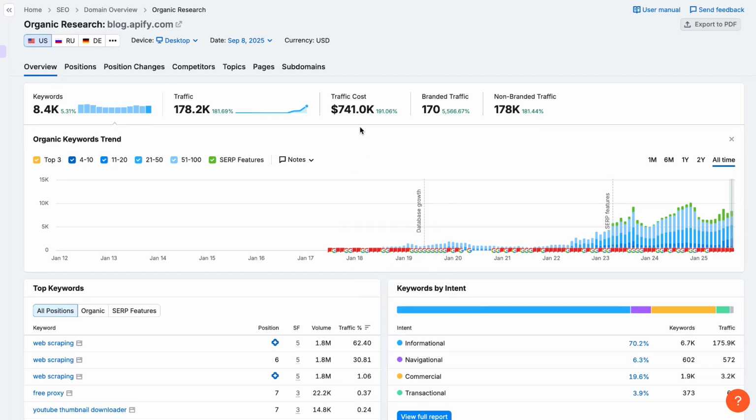Today I just want to show you a very simple way to use Semrush to identify what kind of content to produce, whether it's blog content or video content, short form content, etc. If you want to promote a product. So I am an affiliate of Apify, and what I do is I just enter the